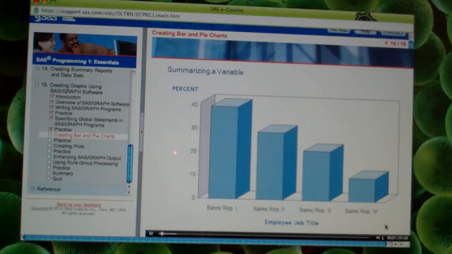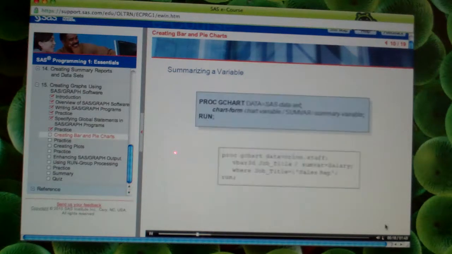You've learned how to specify a statistic for your chart. Now, suppose you want to display the total salary for each sales representative job title. That is, you want to summarize a variable, salary, for each unique value of the chart variable job title. To do this, you can use the SUMVAR= option. The SUMVAR= option specifies the variable whose value